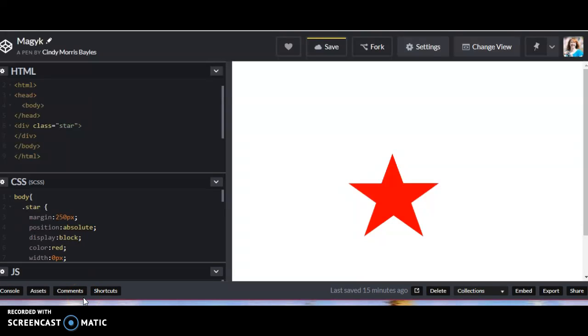Hi, my name is Cindy Bayless, and we're going to learn how to create a star using CSS today. It will be a red star in the end, and we have to start by writing some HTML code, but it's just basic. You start with your HTML tags. You need head tags, body tags, and then I created a div class of star, and that's all I needed